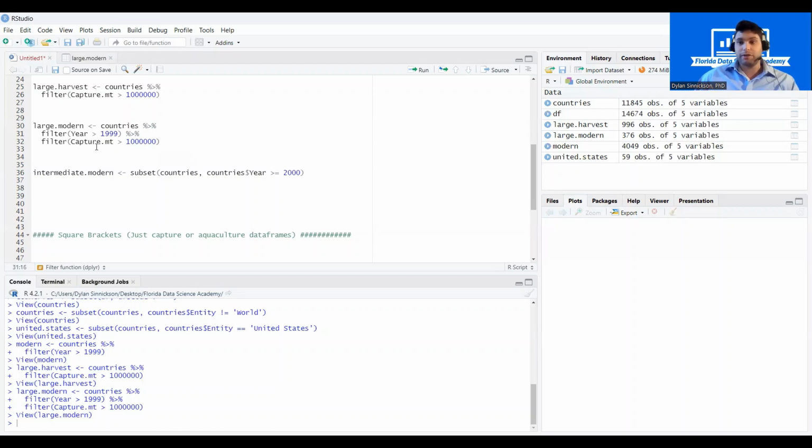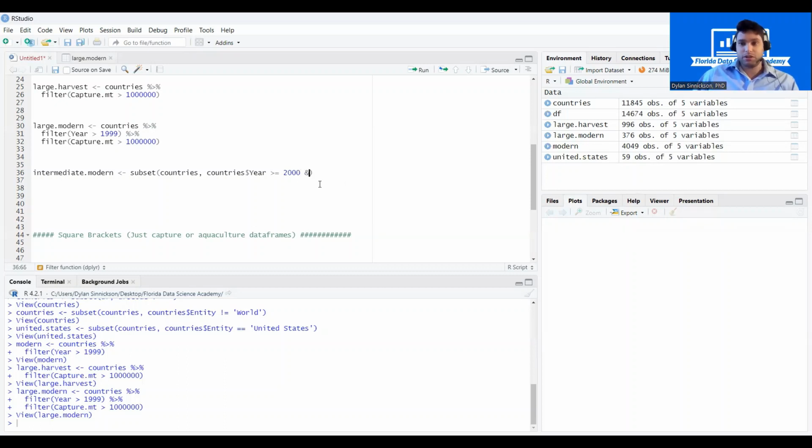Previously, we were just using greater than 2000. Obviously, the criteria of greater than 1999 is the same as greater than or equal to 2000. So I'm just giving you a couple different ways of applying syntax in R to get the same result. So let's work with the syntax greater than or equal to 2000, and then we're going to use the